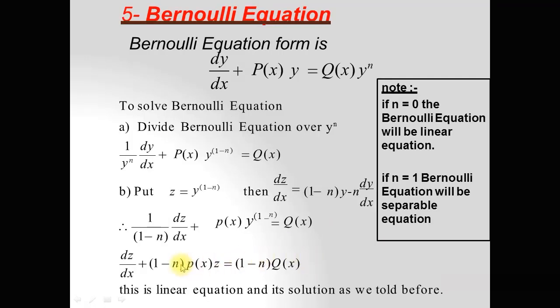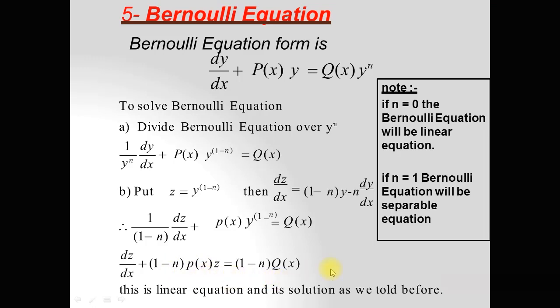So dear students, note that after using this substitution we have a new differential equation which is clearly a linear differential equation in z and x, with dz by dx, where z is the dependent variable. So first of all, find the integral factor. Since z is the dependent variable, p is a function of x, so find the integral factor, and then